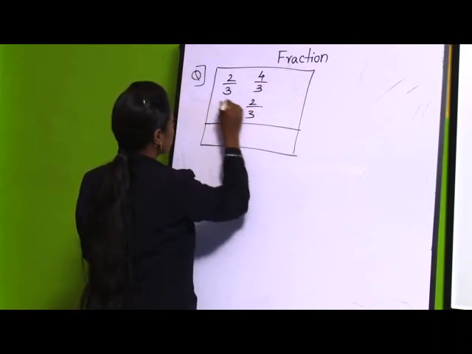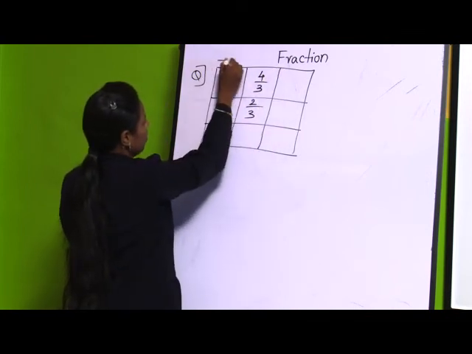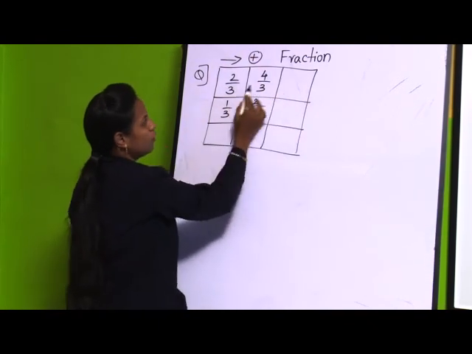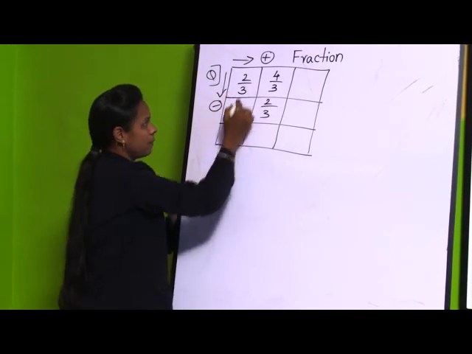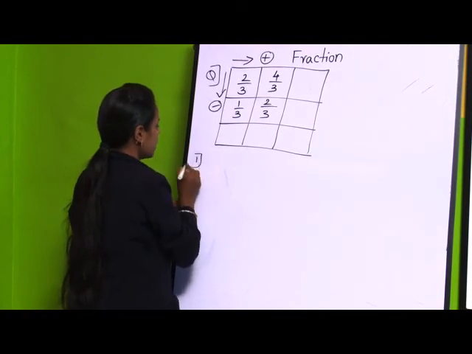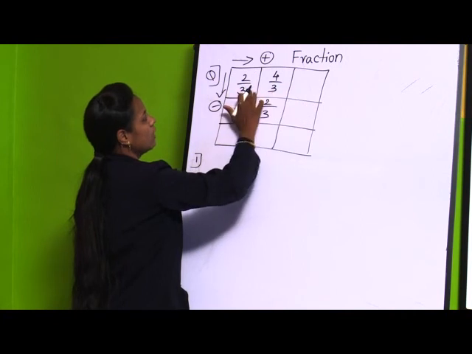This is the box. Okay. So if we go towards this side, then we have to do the addition, and if we go towards the downside, then we have to do the subtraction of these given fractions. Let us see how we can solve it. So first step we will do the addition. So horizontally we are doing addition.